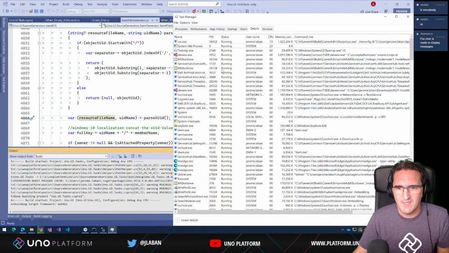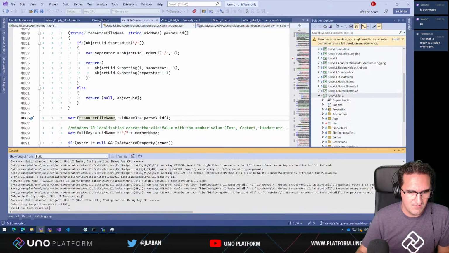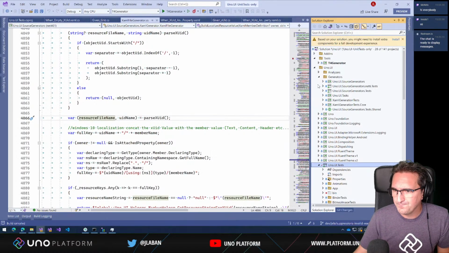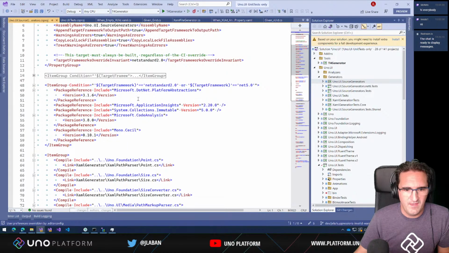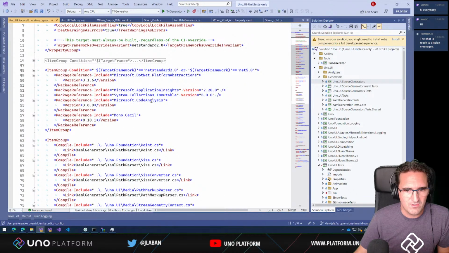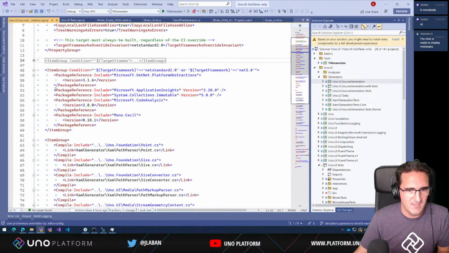Okay, so we're still getting CSC. We should have changed that before. Actually, let's do this right now. In the generators here, when we're building with Roslyn generators, there's a Microsoft Code Analysis package here, and that Microsoft Code Analysis doesn't have the exclude assets runtime set. And the reason